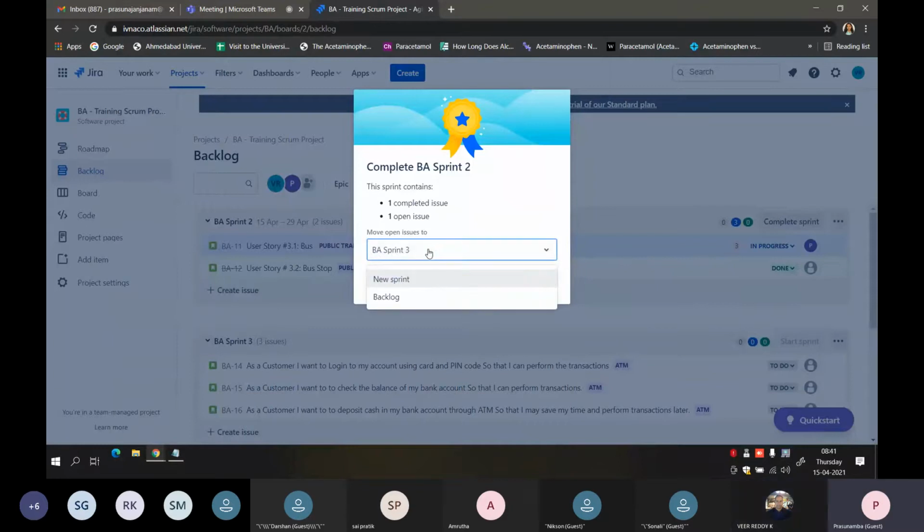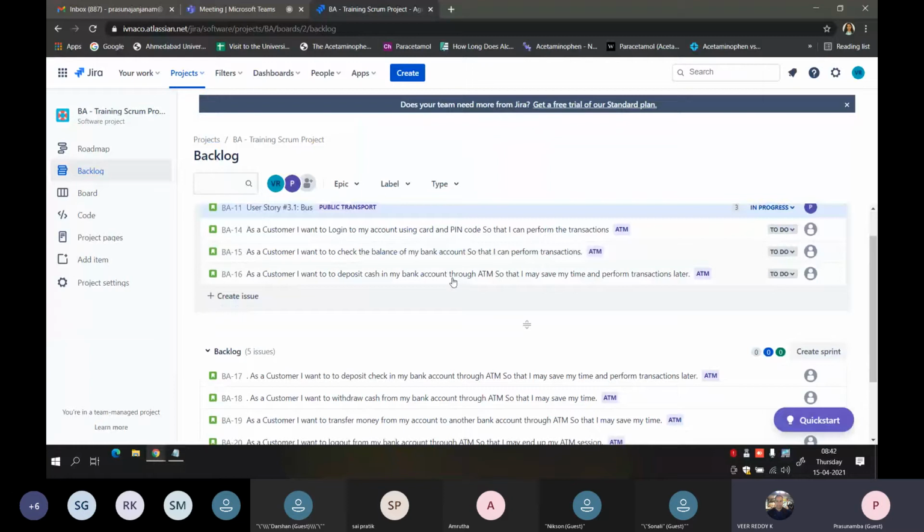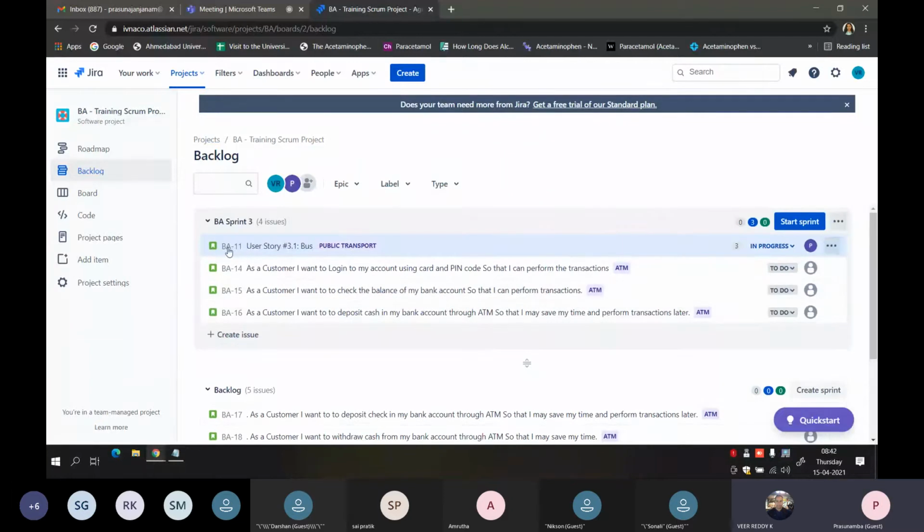So here, when I say move open issues to sprint 3, see, BA11 is in open state and I am moving that BA11 to sprint 3 and completing this sprint. See, the BA11, which belonged to some other epic, or was a part of sprint 2, is automatically moved to BA sprint 3.